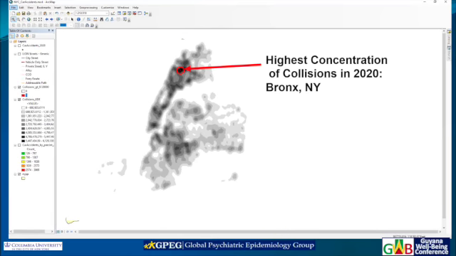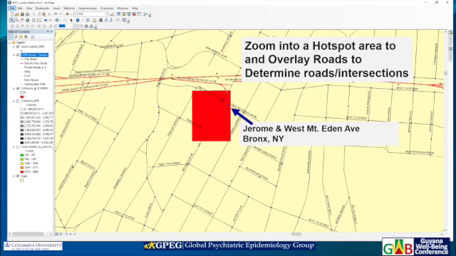And sure enough, when you look at the attributes of the results, you find that there's an area in the Bronx, New York, that has the highest concentration of collisions in 2020. You can then zoom in to that area, and you can see it's right by the Cross Bronx Expressway. Those of you that know New York City know that we like to call the Cross Bronx Expressway the parking lot, because you're usually stuck in traffic because there's been a problem. And the cluster of accidents is just off an exit ramp from the Cross Bronx Expressway.